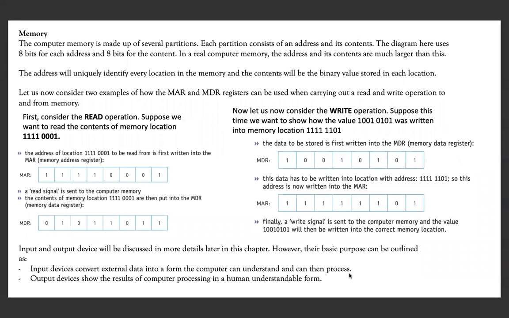Data is primarily stored in ones and zeros inside the computer, but when I want to present it in a human understandable form, be it a printer or a monitor, those things present data in a form I understand. So that's why, after some processing, it presents the data in human understandable form. So these are the two important definitions regarding input and output devices. Very to the point definitions.